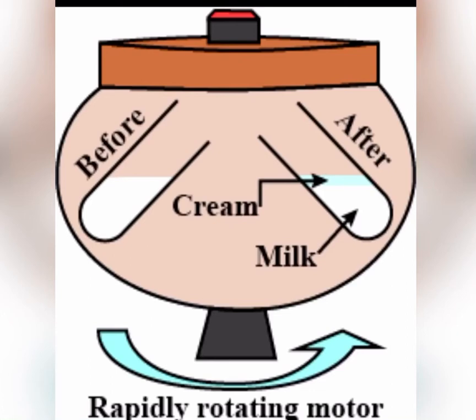The churning or centrifugation process is the process in which there is a device, a container, which you are seeing. You keep the milk in that container, and it is rotated at high speed. The lighter particles like cream accumulate at the center, and the heavier particles settle down. After the lighter particles like cream accumulate at the center, you separate them. So this process is known as centrifugation or churning, and the platelets of blood are also separated by this process.